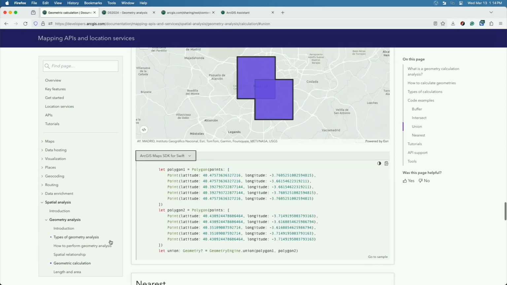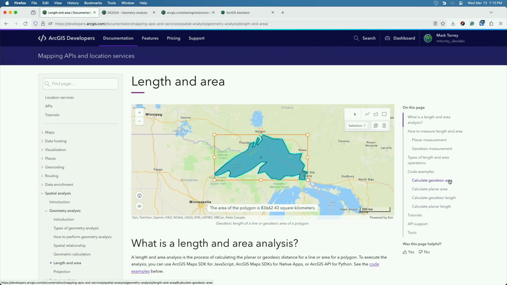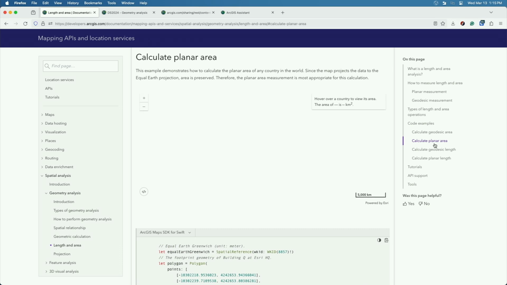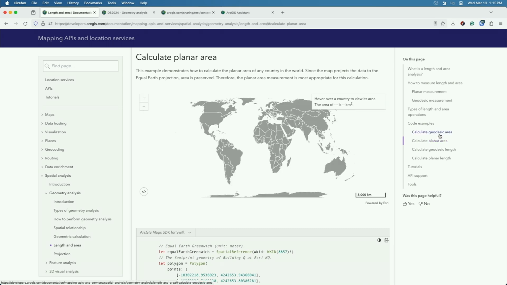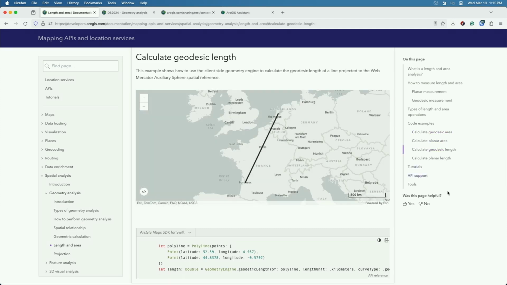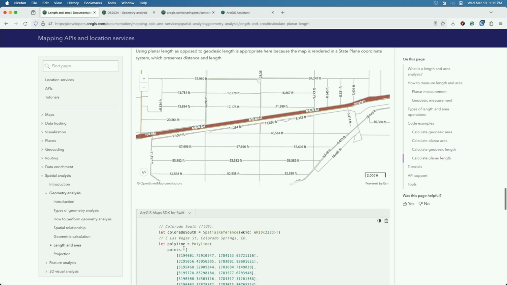And again, Swift. And then just to touch on length and area, it's important to distinguish between geodesic area and planar area. So a geodesic area would be the area around a spheroid, essentially, and then the planar area would be like a 2D, just XY, essentially, distance and area between those two. So again, code samples throughout. I won't belabor it too much, but